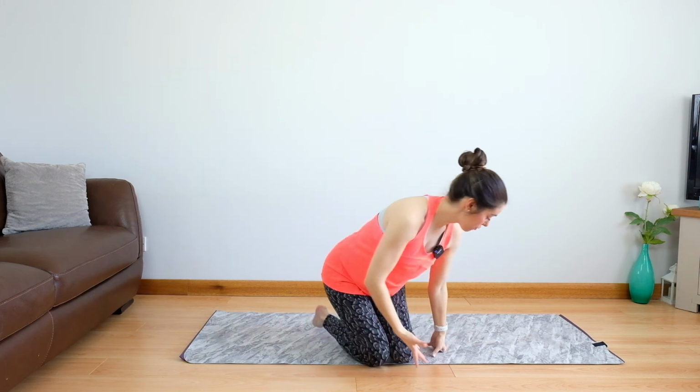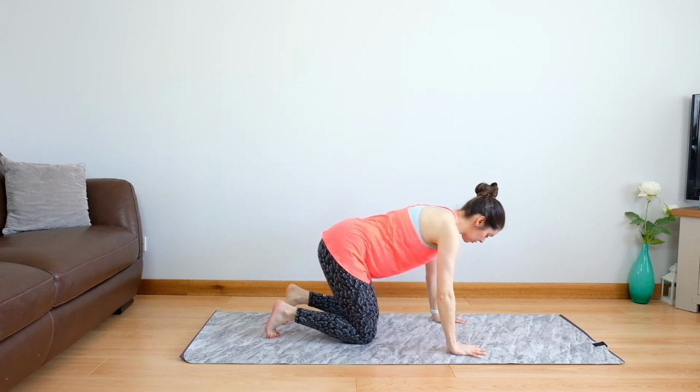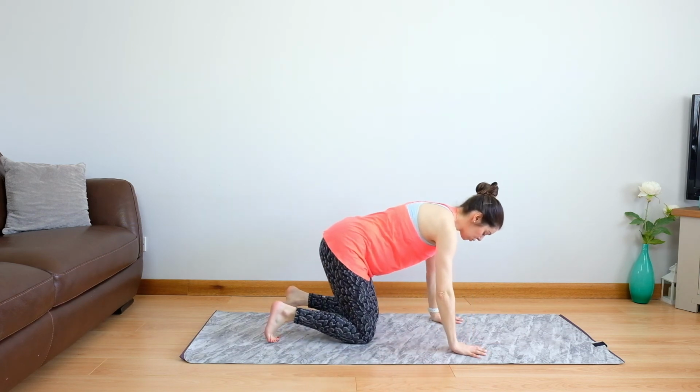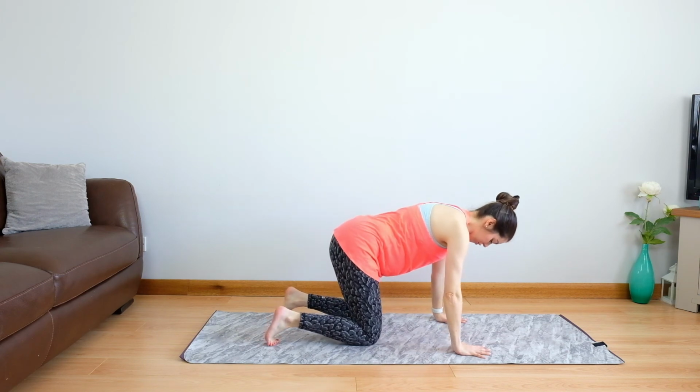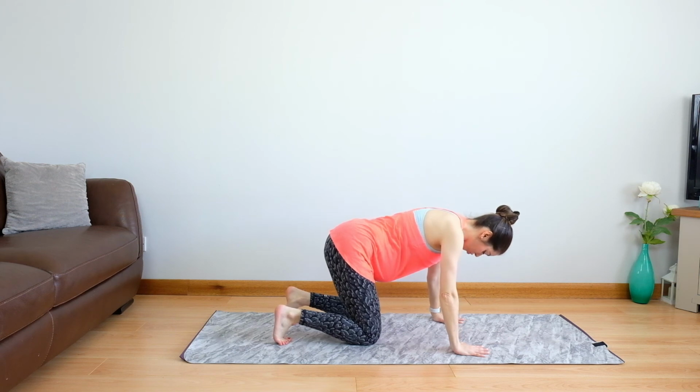And release. Good. Let's just give those wrists another loosen off. We're going to come back to hands and knees for just a last little bit of core strength here. So the shoulders line up over the wrists once again, the chest is nice and tall, and draw up through